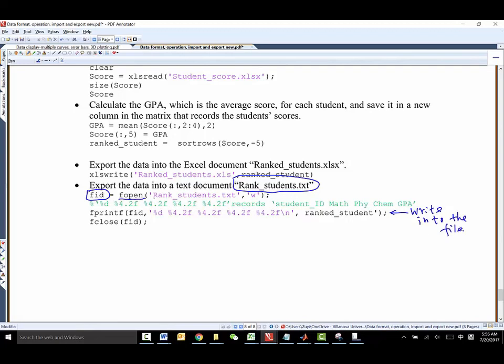right? So here's the name of the document you're going to create, and W means we're going to write the information into the document, and here is fprintf, to print the information of each student line by line into the document. So here you can see the percentage sign here means the format, and d means integer, right? This for student ID, and then we have here,